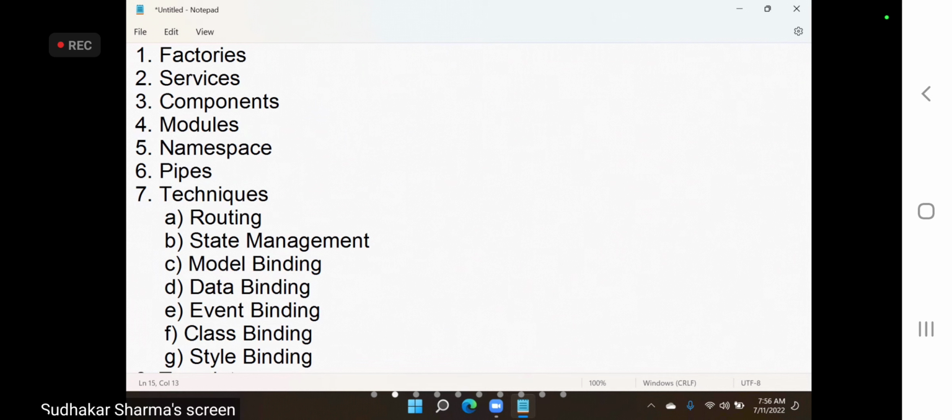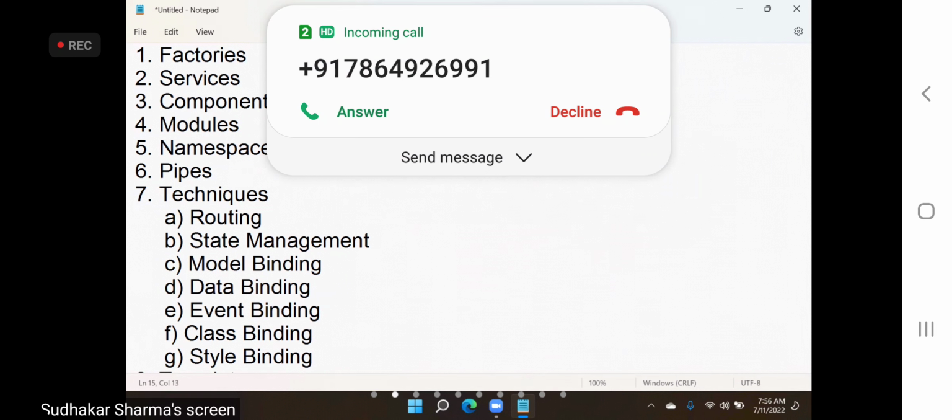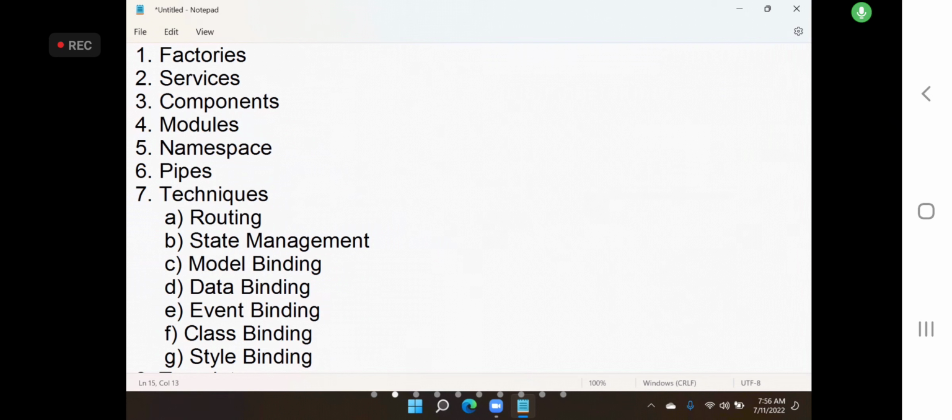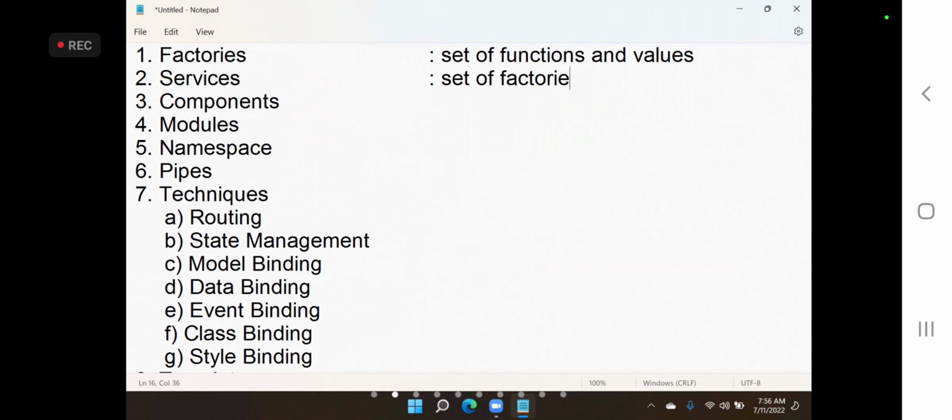Factories means functions and values. Already I told you one point. A factory is a collection of functions and values. A service is nothing but a set of factories.